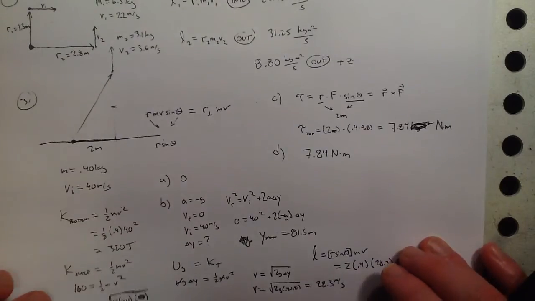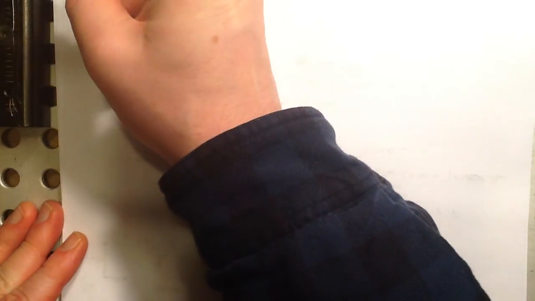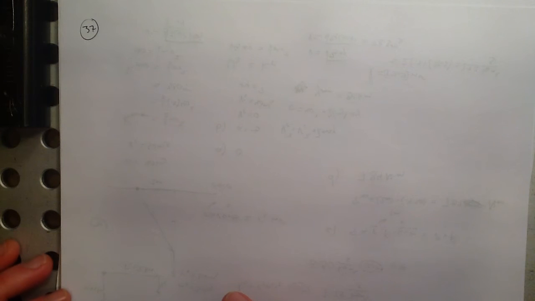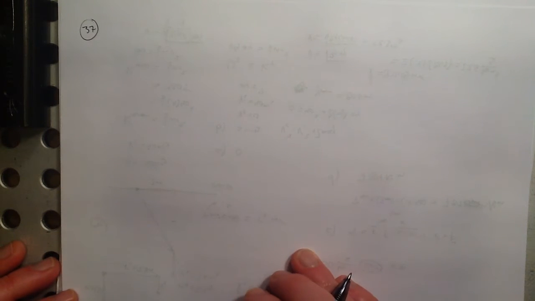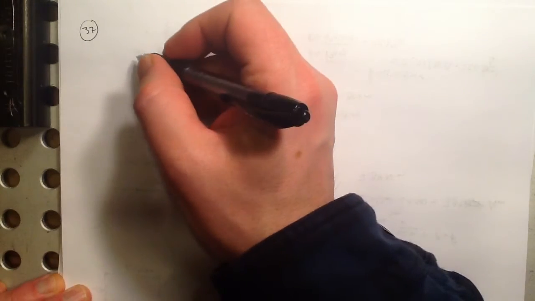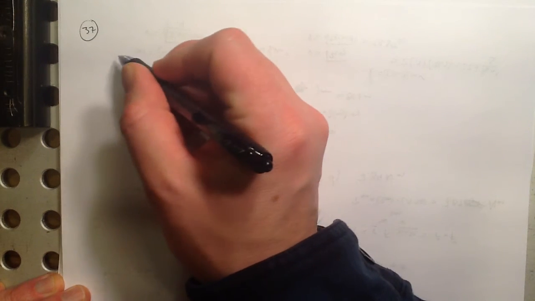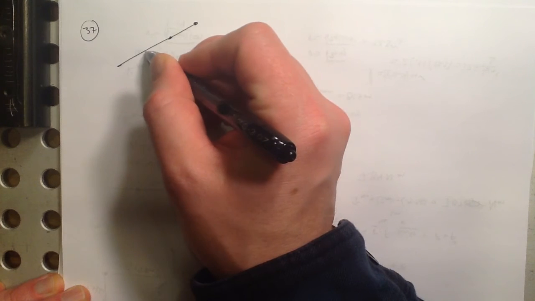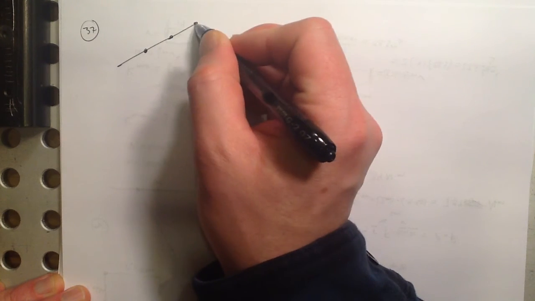Number 37. Here we're looking for the angular momentum of a rigid body rotating on a fixed axis. In number 37, that rigid body is a collection of 3 particles. It looks something like this,